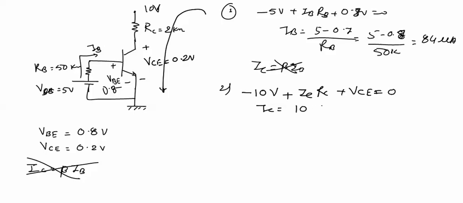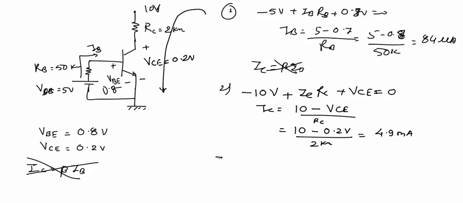Now IC is equal to 10 minus VCE divided by RC, which is 10 minus 0.2 volt divided by 2 kilo ohms, and it comes out to be 4.9